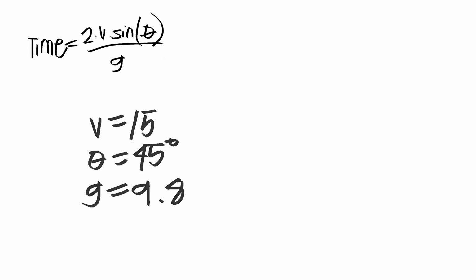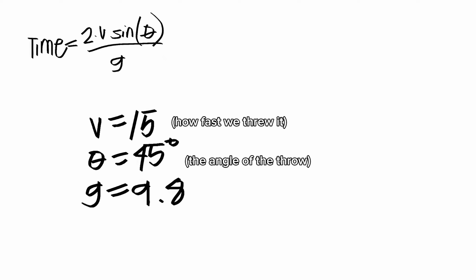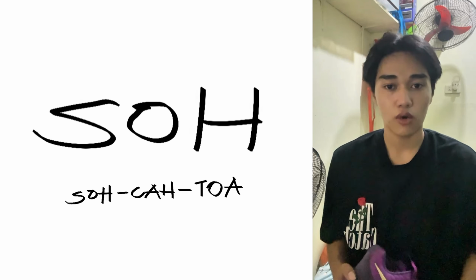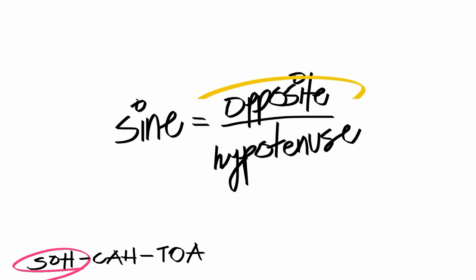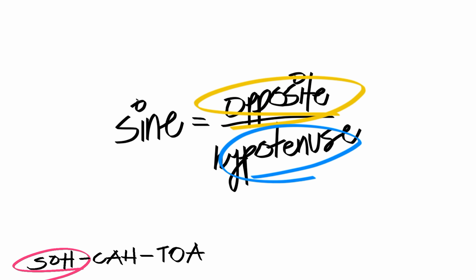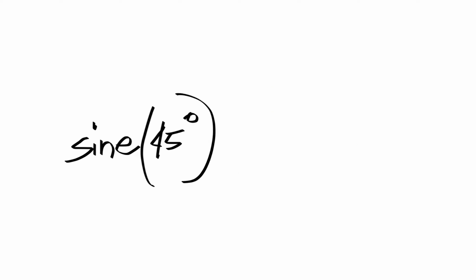But don't panic. Here's what it means. Velocity, or V, is equal to 15. And that's how fast we threw the shoe. Next is theta, equal to 45 degrees. And G, or gravity, is equal to 9.8. And yes, we're using the S from SOHCAHTOA, which means sine equals opposite over hypotenuse. So when we use sin of 45 degrees, it equals